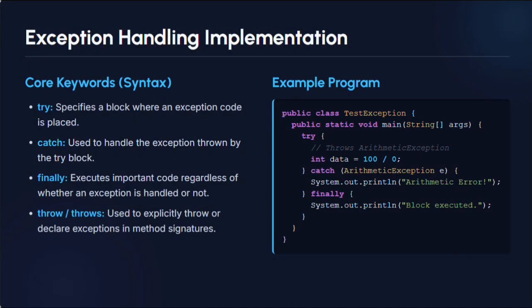Next, there comes the exception handling implementation. There are the core key concepts, the syntax, and the example program given there. The core keywords are: try, which specifies a block where exception-prone code is placed. Catch, which is used to handle the exception thrown by a try block. Finally, which executes important code regardless of whether an exception is handled or not. Throw or throws, which is used to explicitly throw or declare